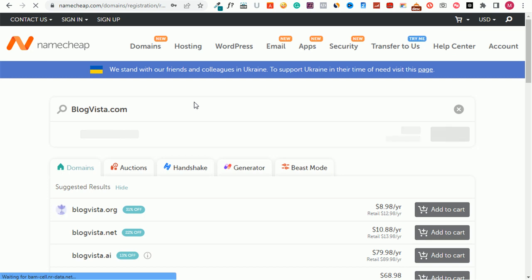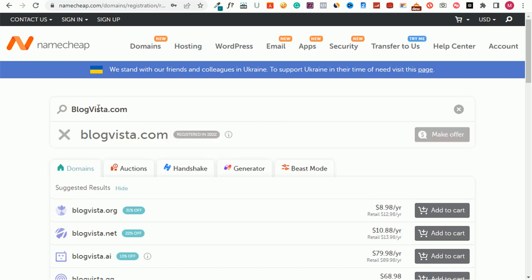Before I wrap up this video, as you can see here, it is giving me some options. Let me just allow it to load up and let's see if this domain name is available on the internet. Now if it's not available, like I said earlier on, you can go ahead. Now see from here, it says that this domain name has been registered in 2022. So this has been registered after the information that ChatGPT has